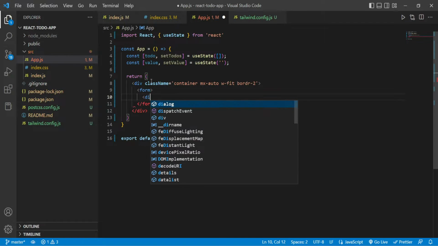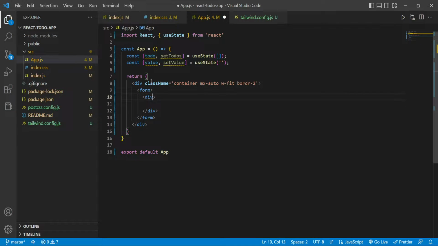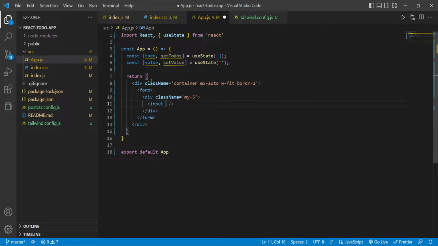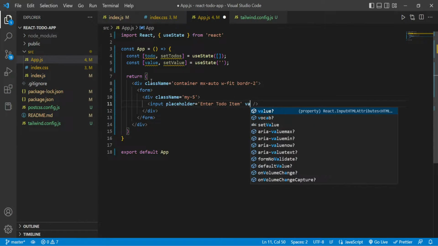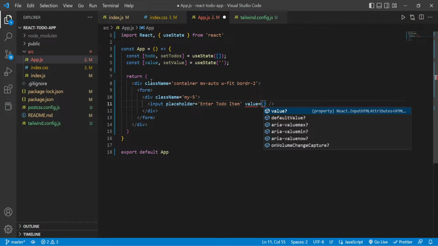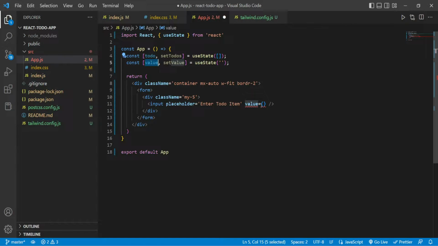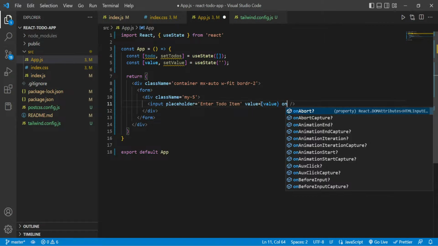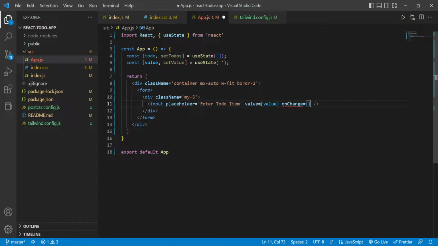5. We will create a div which will have a class name of my-5, the margin on the y-axis. Then inside this we will create the input tag which placeholder says enter to do item. Now the value which we will pass is this value here,